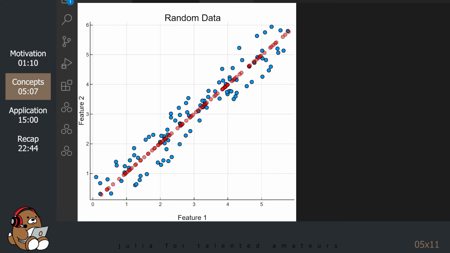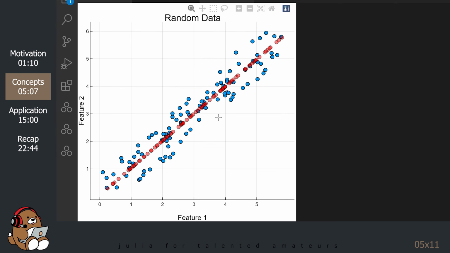At first glance, the red markers may appear to be a linear regression line, but it isn't. Linear regression is interested in the relationship between an input and an output, so it measures the distance along the output axis, or y-axis, which is the vertical distance between a sample and the linear regression line.